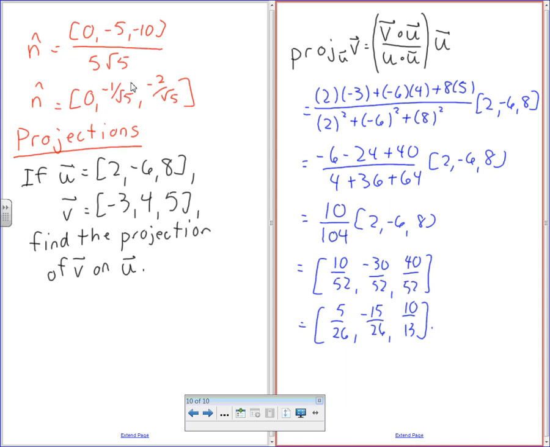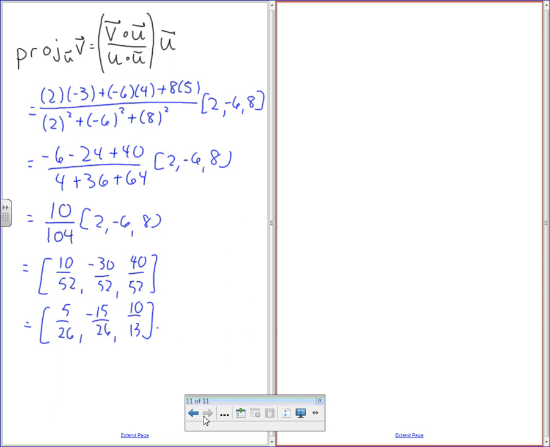Torque we've already done, so I'm just going to briefly talk about torque, not an example, but I'll work through it here. So torque, this is the amount of force